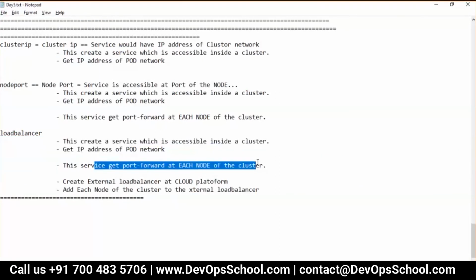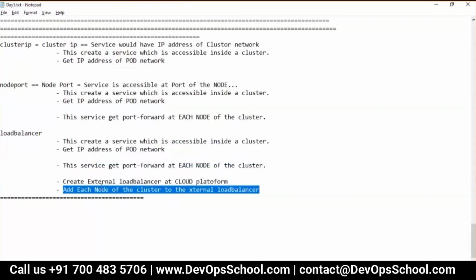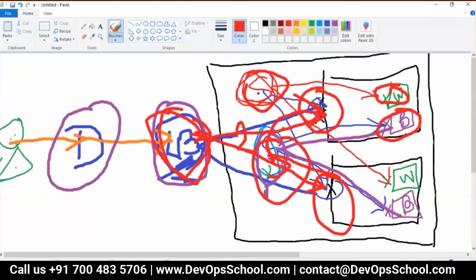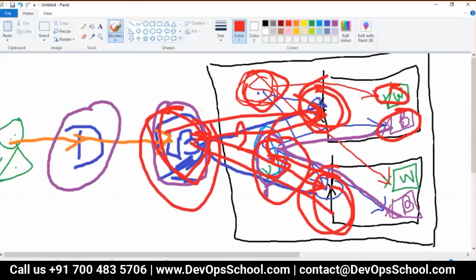Let's read this. What will Kubernetes do? Kubernetes will access your cloud and create an external load balancer. Yes, you have to give access. Kubernetes cannot access the cloud on its own. You will give the access token and stuff like that.